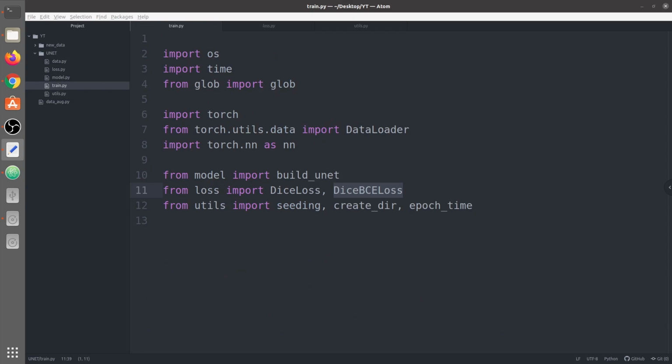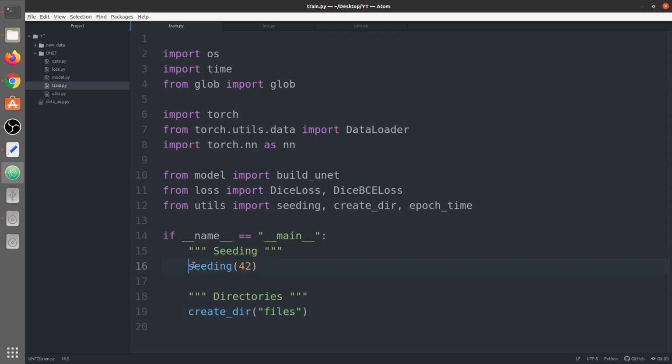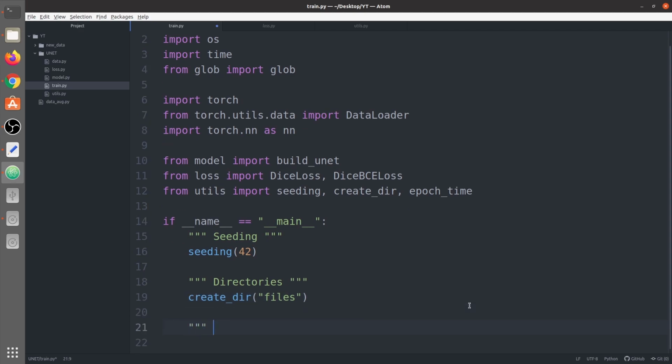So we'll first seed the environment and create some files. Okay, in the main function, you can see we have seeded the environment and the seed number is 42. So I generally use the same number always in any video, any code, or any research paper of mine, so that I don't forget which random number I have used for the seeding. Next we would create a directory called files. So within the files we'll save multiple things like checkpoints and any other thing which you want to save, we will save inside the files folder. So next task is to load the dataset.